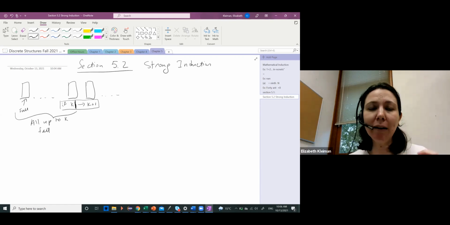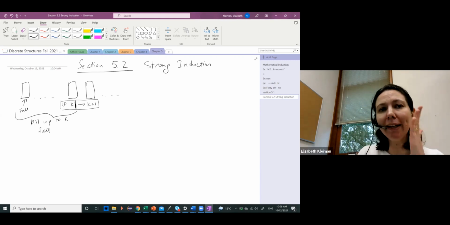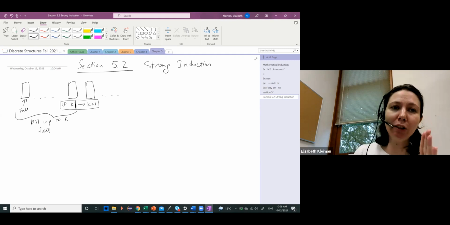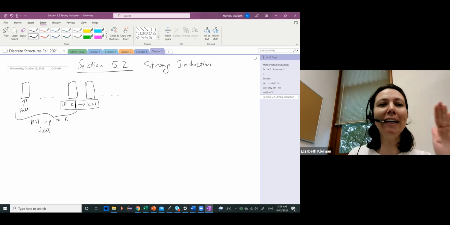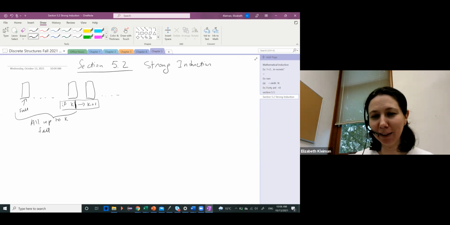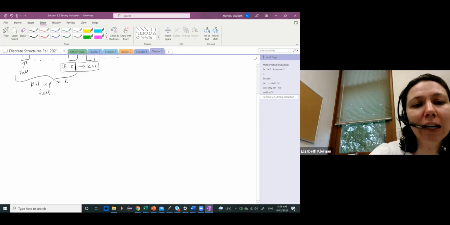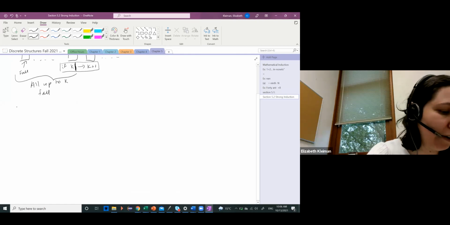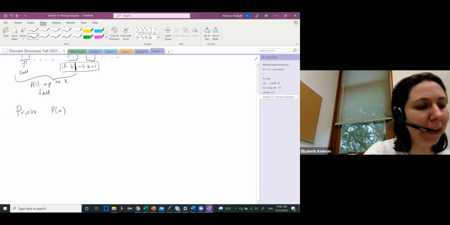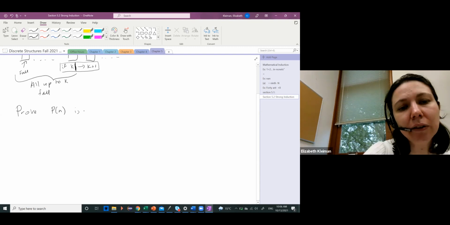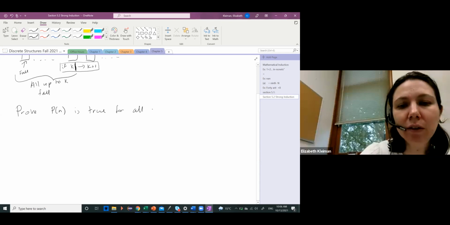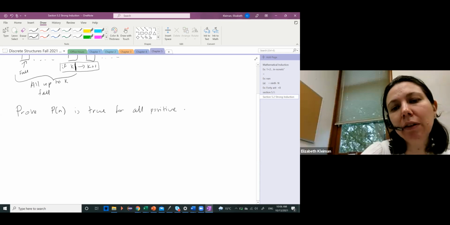Because we are going to have some problems which will not only need knowledge about one previous term, but might need to know something in the middle. So in this case, strong induction is required. So let's write it in the official way. What we want is to prove Pn is true for all positive integers, and